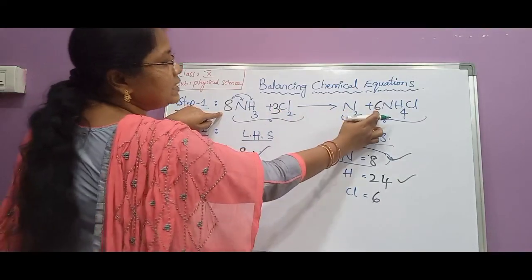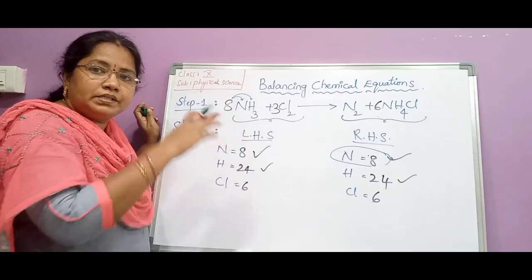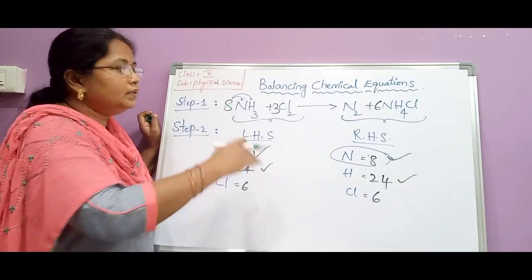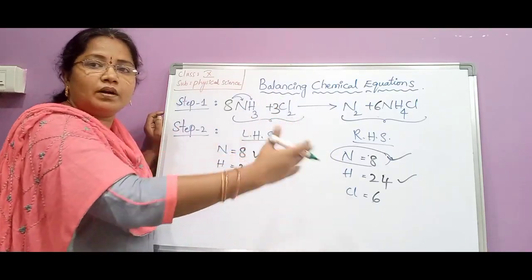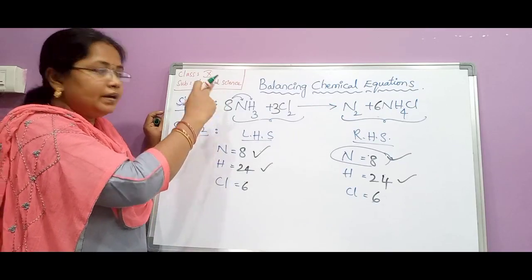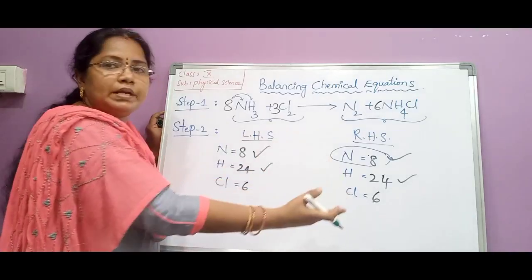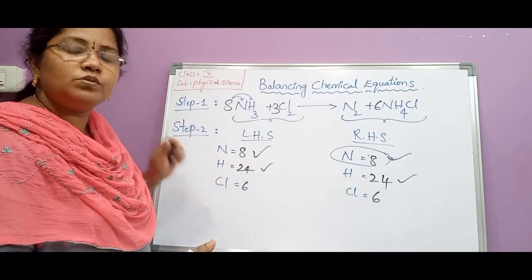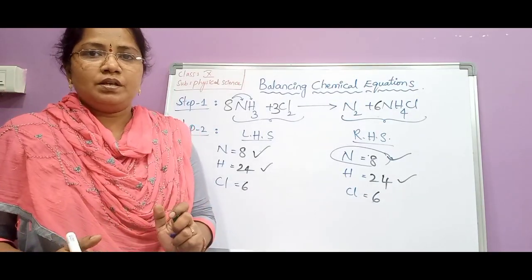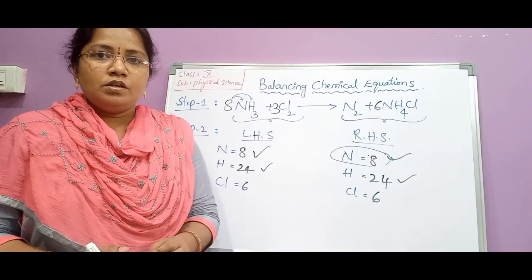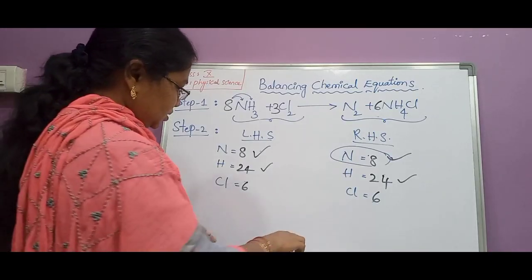Okay, children. 8, 3, 6 I have written. I was trying with the smallest number, that is 3. From 3 onwards I have been trying. With 3 I tried, with 4, with 5, with 6, with 7, and since with any number this equation was not getting balanced, finally I tried with 8. When I tried with 8, I found that the number of atoms of all elements are equal on both sides. So you can try with any suitable coefficient until you get the balanced equation, until you get the number of atoms of all elements equal on both sides. That's why this method is called the hit and trial method. Now we will go for step 3.